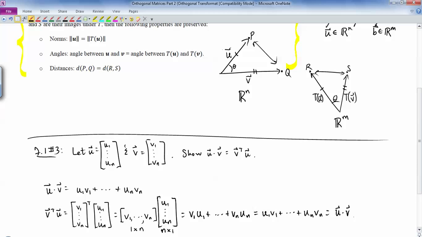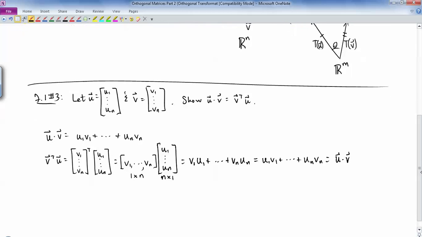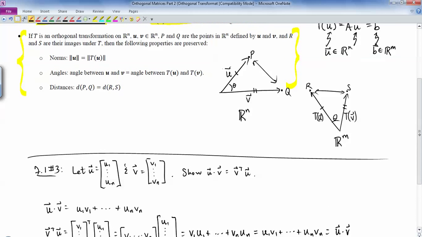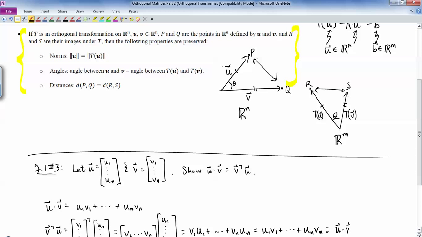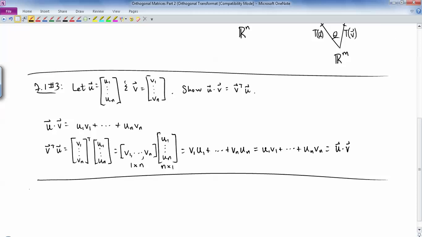Okay, so there's what we have. So let's now take a look at some of these properties that we mentioned up here. There's going to be one other thing that I'm going to prove first. So we'll start with, all of these are going to start with let A be an orthogonal matrix. So that means that A inverse equals A transpose. That's always given here. So the first thing we're going to do is